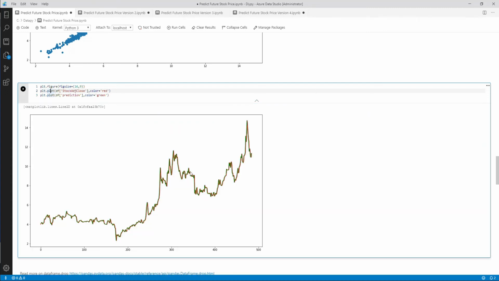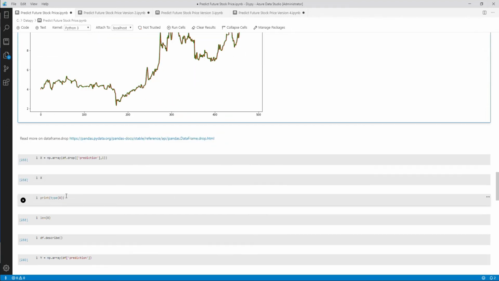And the red is stock adjusted close and the prediction value is shown in a green color. We may not be using this information in building a model, but again sometimes you need to visualize your data to see any kind of pattern. The next step is